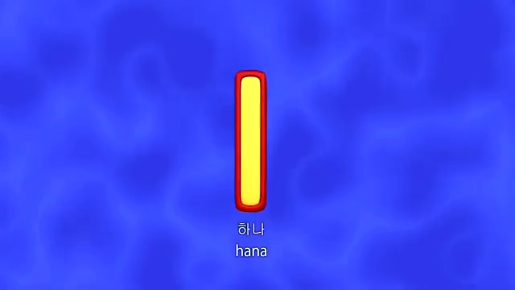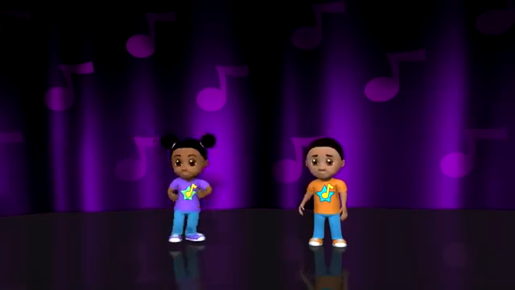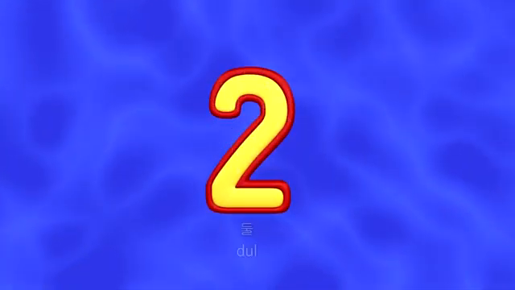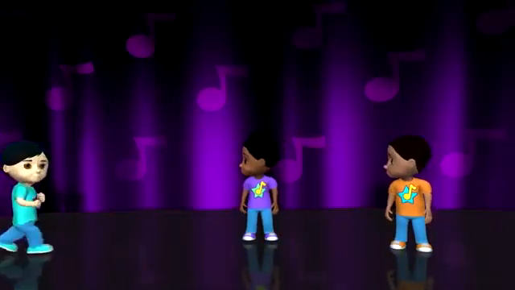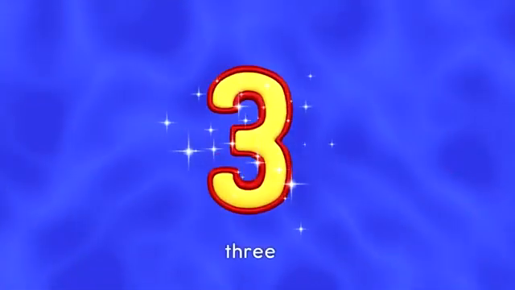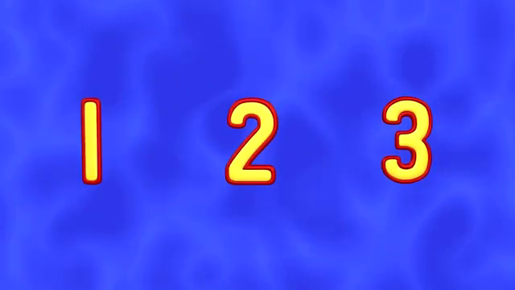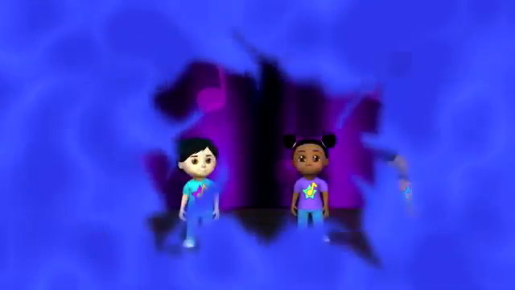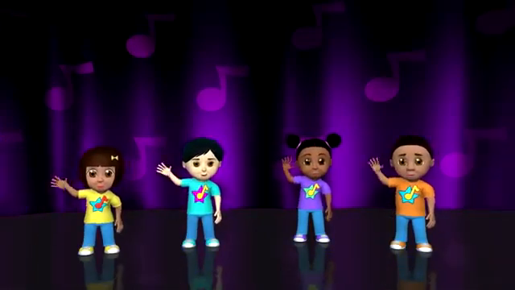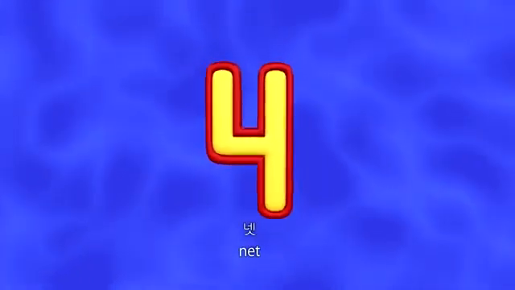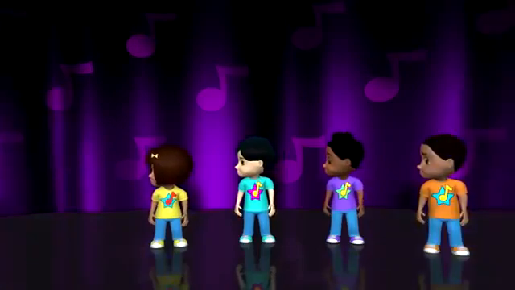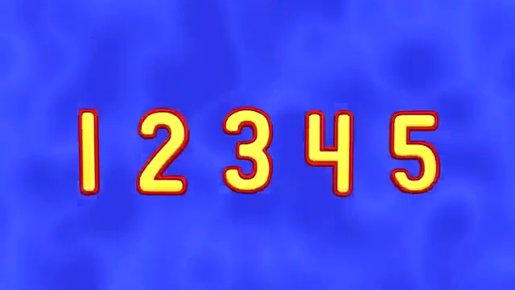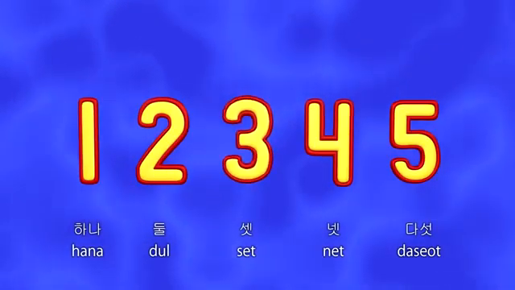One. 하나, Two. 둘, 하나, 둘, Three. 셋, 하나, 둘, 셋, Four. 넷, 하나, 둘, 셋, 넷, Five. 다섯, 하나, 둘, 셋, 넷, 다섯,